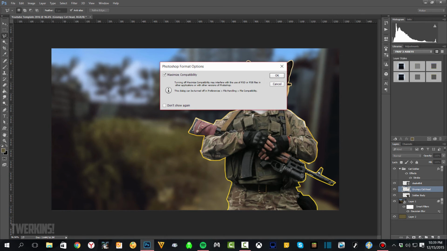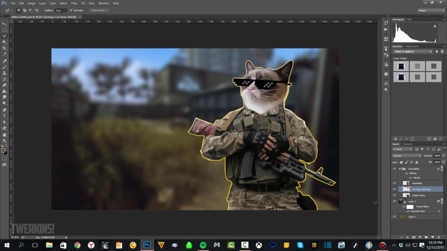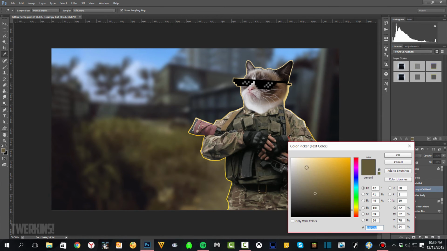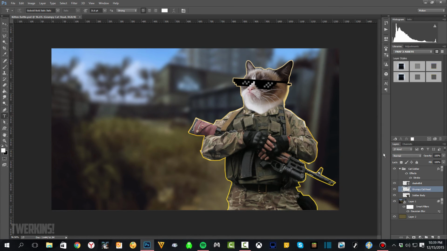Okay, so we're going to save Kitten Battle, we're going to do OK, and then the next thing that we're going to do is, now that we've got our little picture set up here, we're going to do our text. And click T for your text. Change the color right away and use white. I always use white. I don't try to make any sort of colors or gradients or a whole bunch of other stuff. I do some background color like drop shadow type color, but I don't try to use it as much,